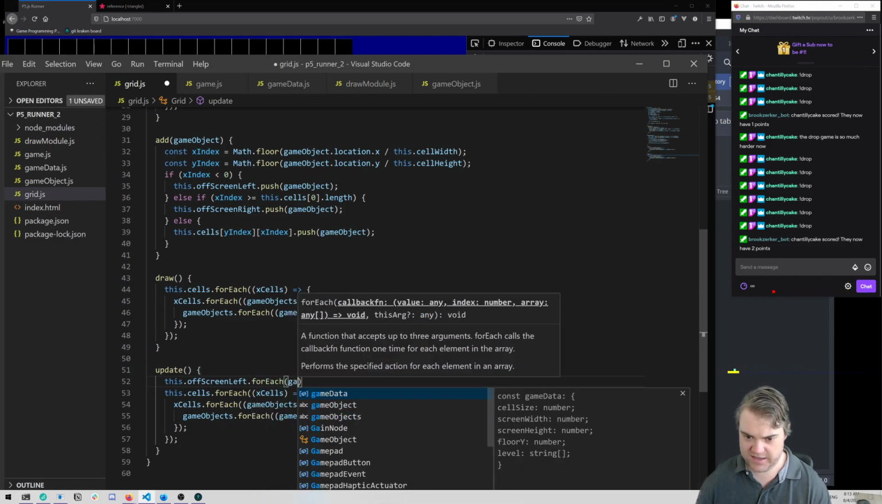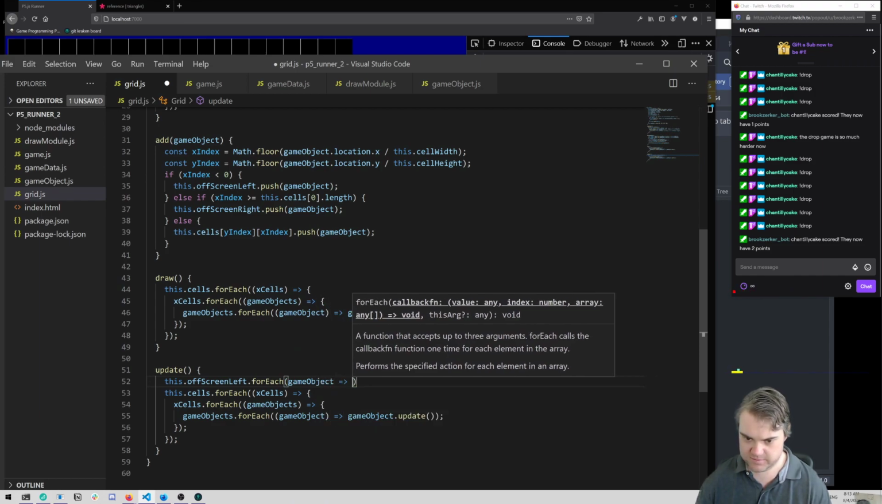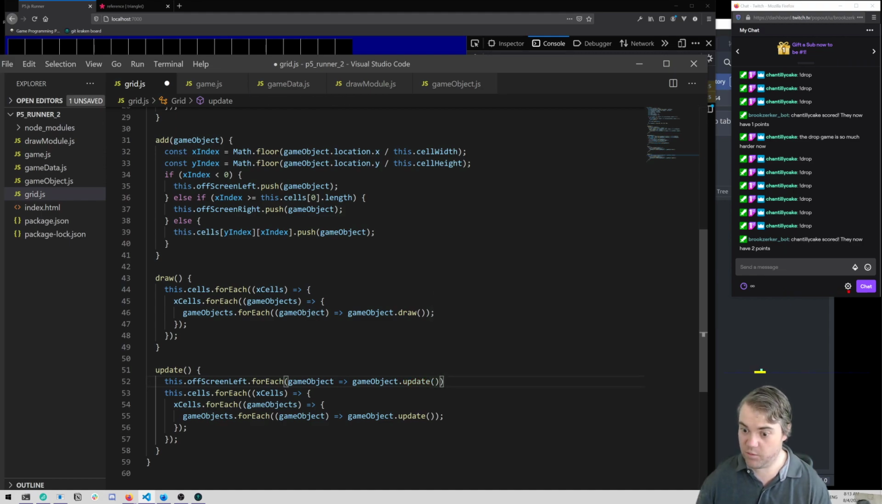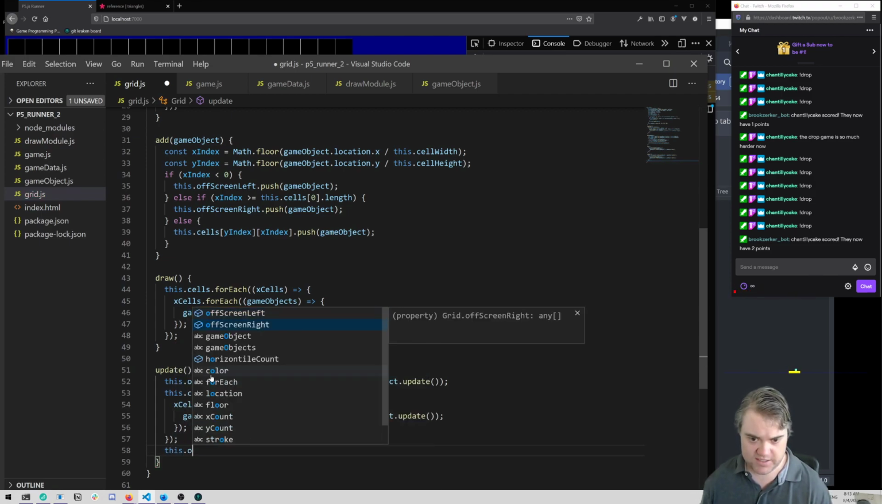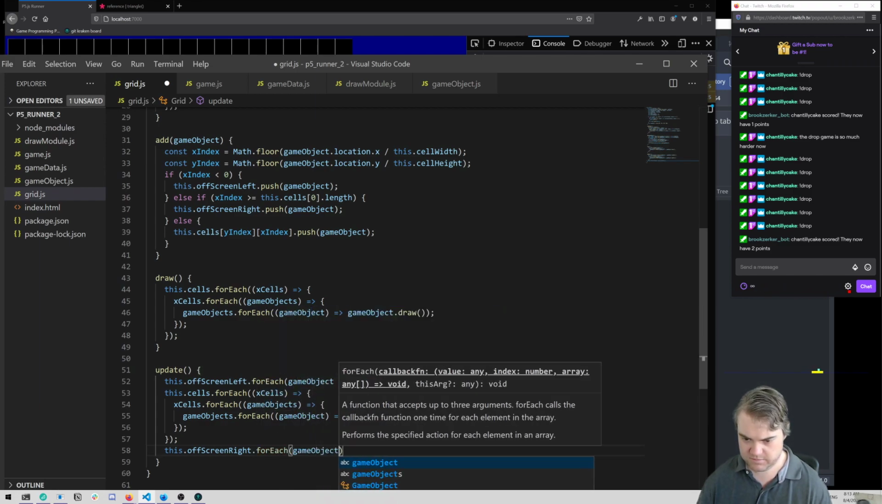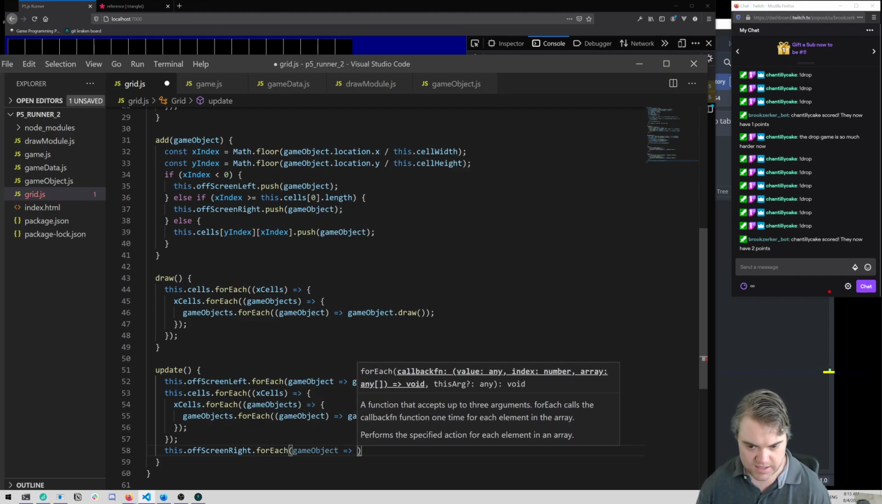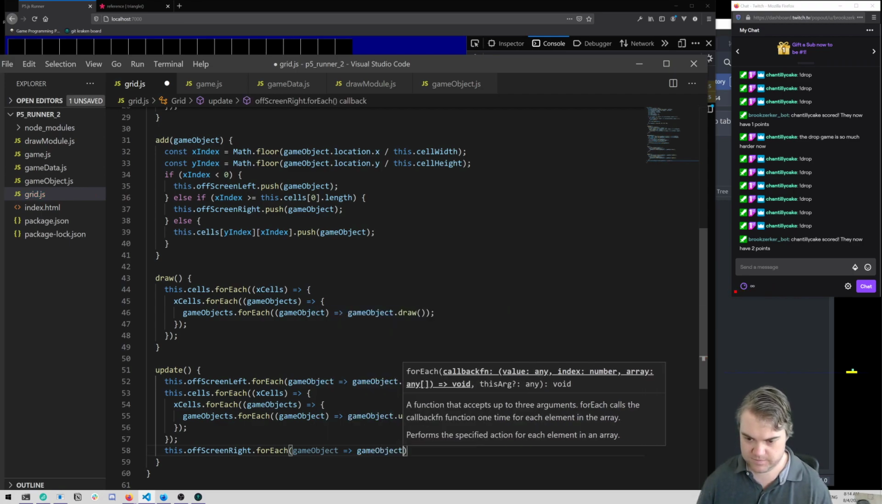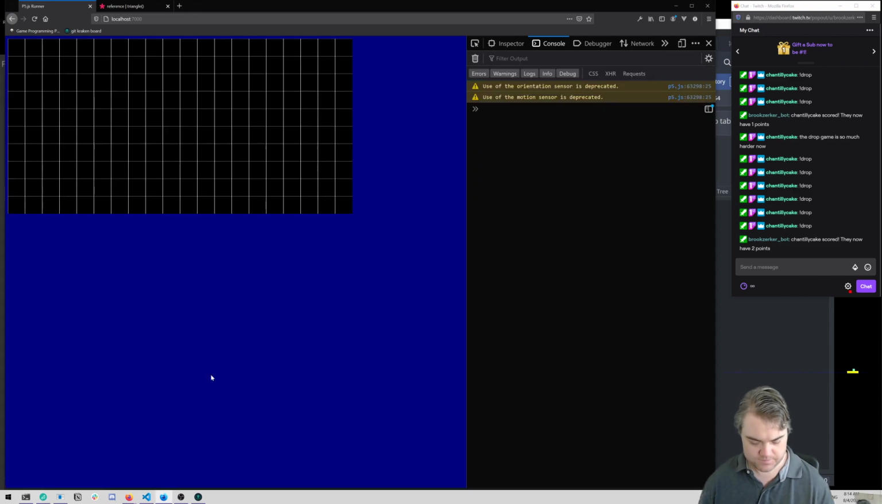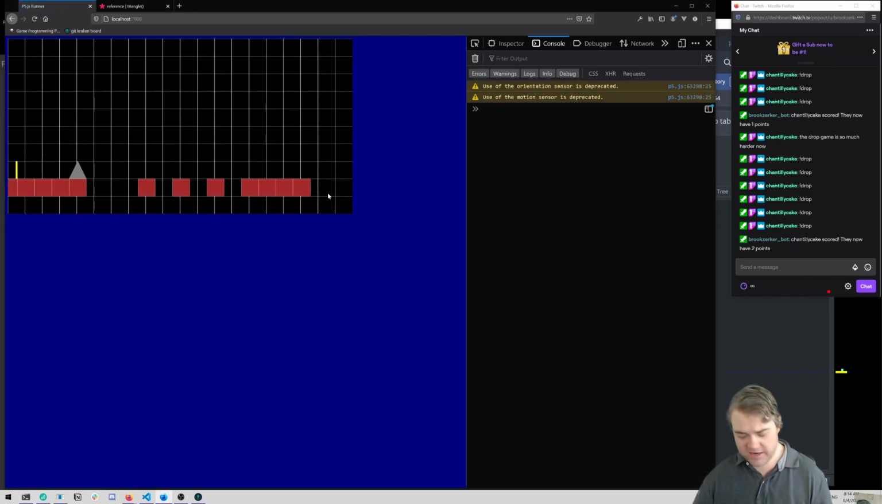So we're gonna have a game object. But we're not drawing it, notice. And then to the right, we're gonna update this too. So this dot off screen right, for each. And then we want to just draw this too. Did I say draw? I meant update. Now, we're still not drawing it because